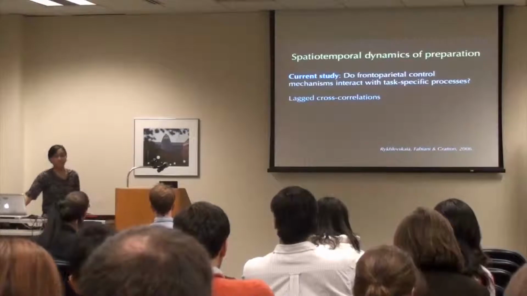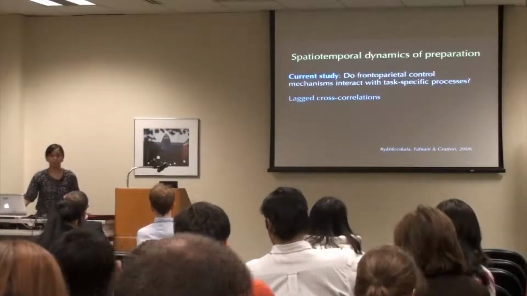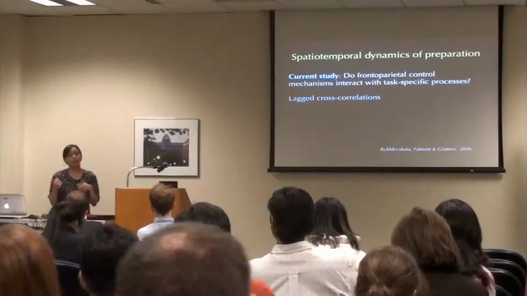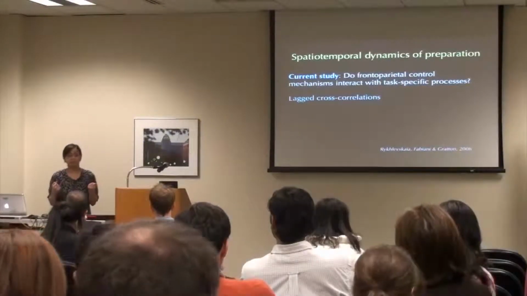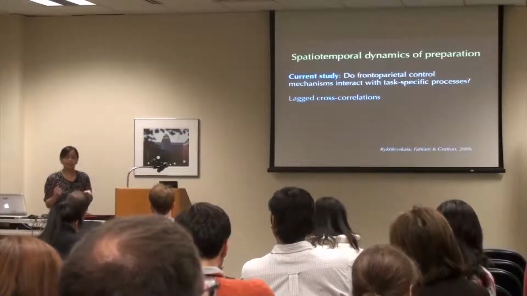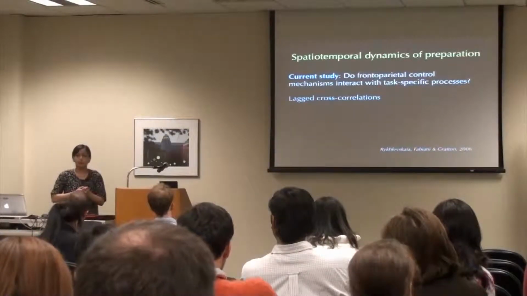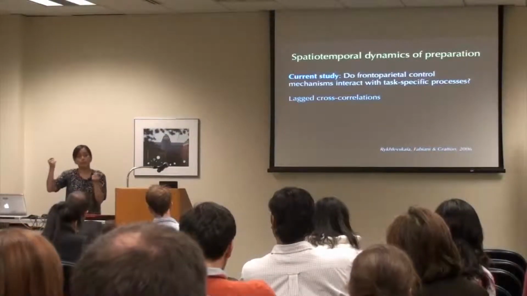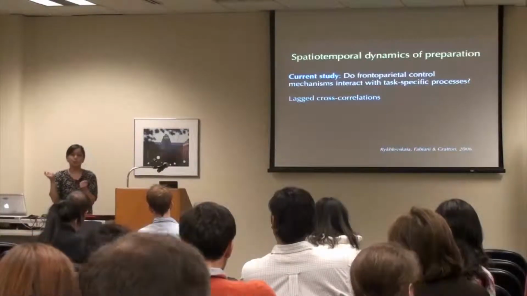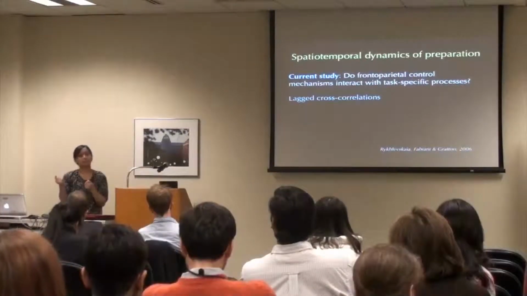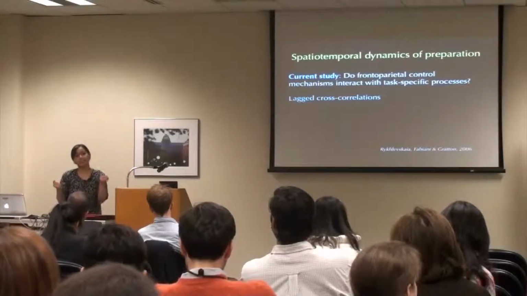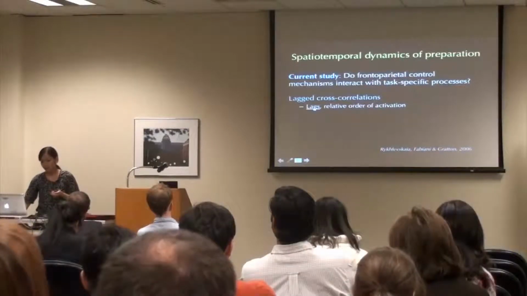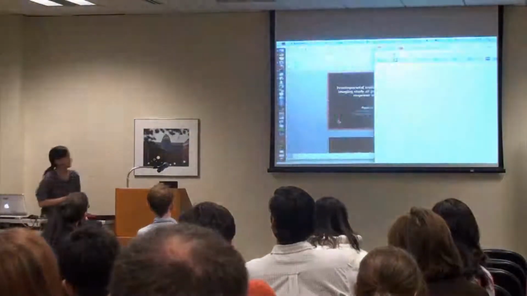The way that we study this is by using lag cross correlations. So what we do is we take activity from a certain area of the brain and then correlate it with activity in other areas of the brain. But we also include a timing factor. So we not only know how this brain area correlates with that brain area when they're aligned in time, but we also know whether activity in a certain area can predict activity in another area at a later point in time. So just to show you a graph of what the analysis looks like,